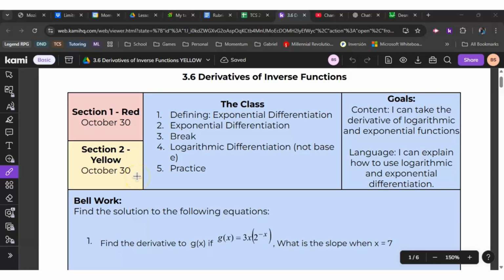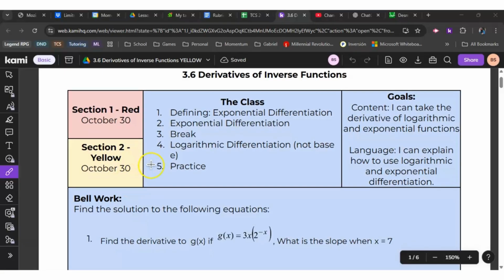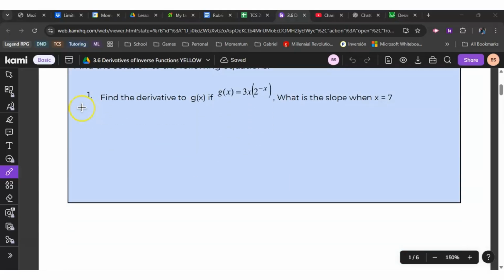All right, so we're going to do some inverse functions. We already talked about inverse functions. They just mean that they're reflected in y equals x. We switch y and x. So first we've got to review last lesson, which means that if I want the derivative of g of x,